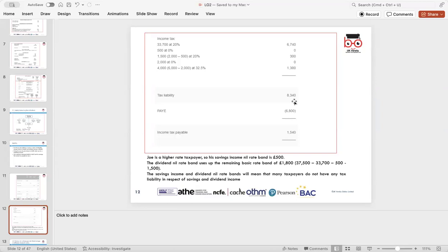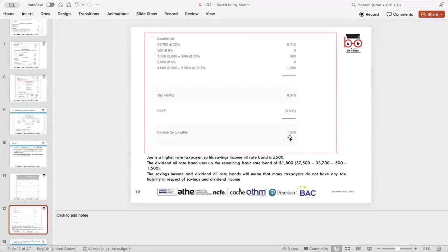So Joe's employer already deducted 6,800 pounds through payroll. So his income tax payable is the difference between his total income tax liability and the amount already deducted, which is 1,540 pounds. It is worth noting that Joe is considered a higher rate taxpayer, so he benefits from certain tax